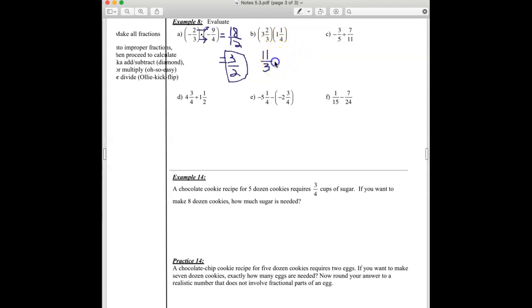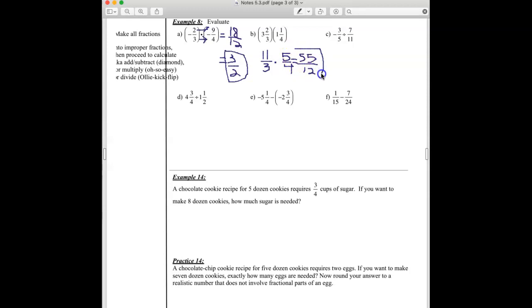And then we're going to multiply, right? 1 times 4 is 4. 4 plus 1 is 5. So this one's 5/4. And now I'm ready to do this. 11 times 5 is 55. And we just multiply straight across the top and then straight across the bottom. So 3 times 4 is 12, and